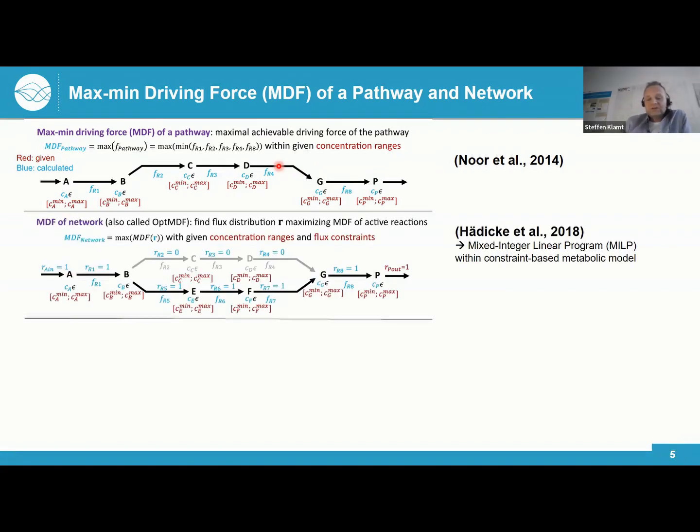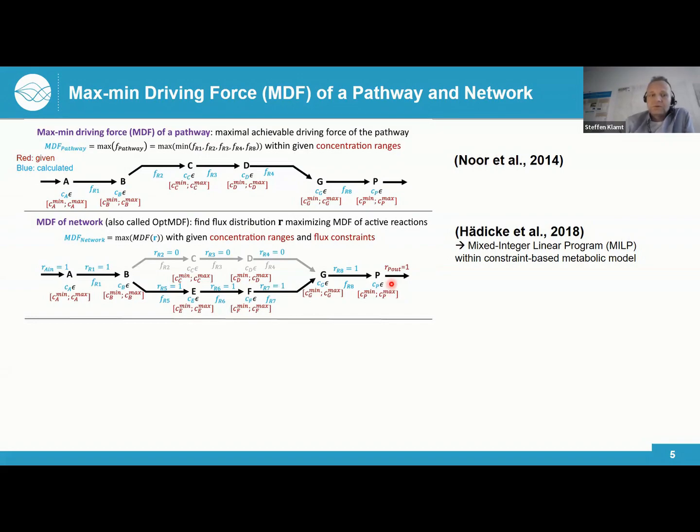So more recently, we extended this concept to go from a pathway to an entire network. We called this opt-MDF, or MDF of a network. So here the situation is as follows. We have some flux constraints that we add. For example, here we demand that there should be a flux of 1 producing this metabolite here. And now we are looking for a pathway in a network that can produce this metabolite P with the highest